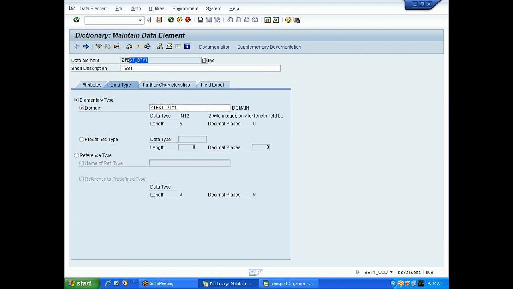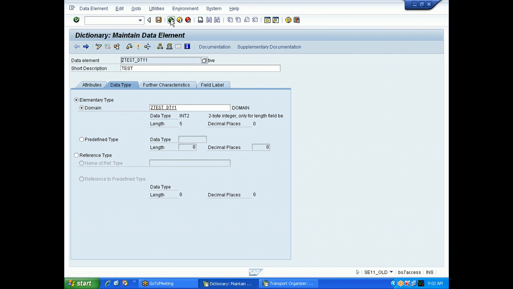So one data element is ready, which has data type integer 2 and length 5. In my table, if some particular field wants integer 2 of length 5, I can use this data element. No need to create it again.